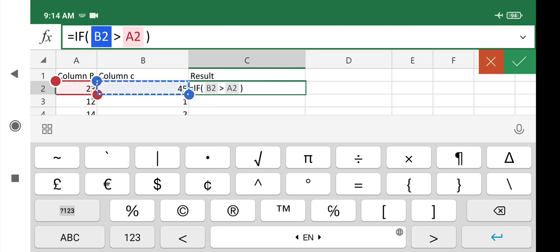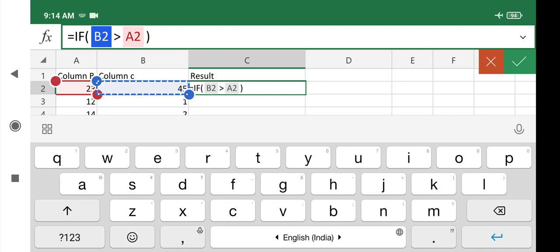Column B is greater than column A, because column A I have put below. So column C value is in B2 and column B value is in A2. Okay, if this is greater, then comma.